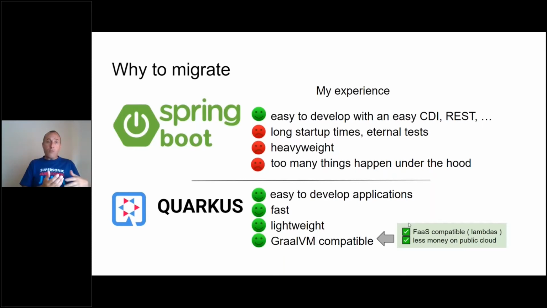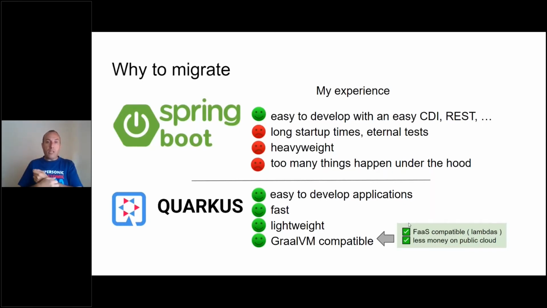So Spring Boot has a lower build time and Quarkus has a higher build time. But then at runtime, which is what almost everyone cares about, is the big difference.